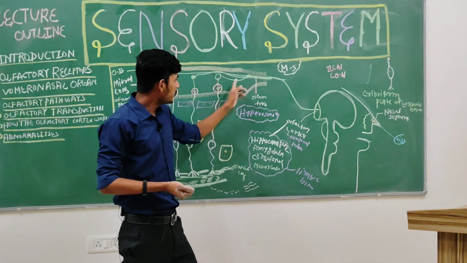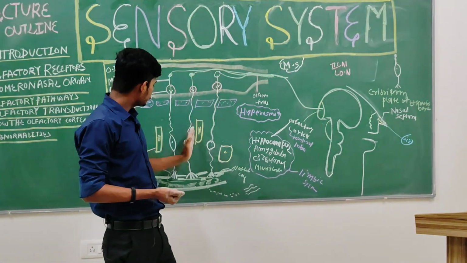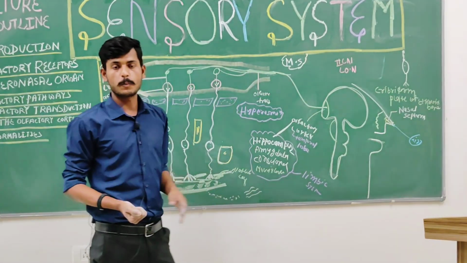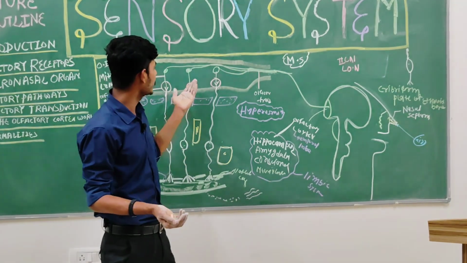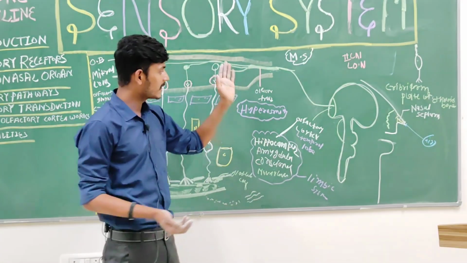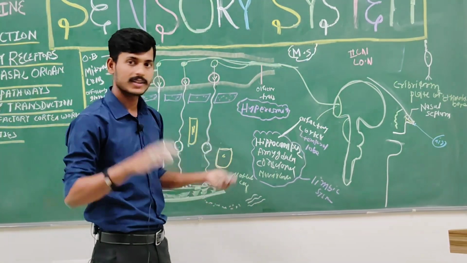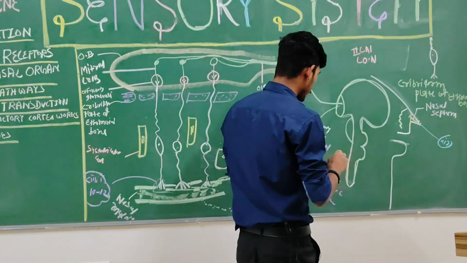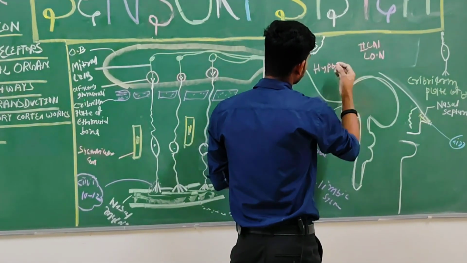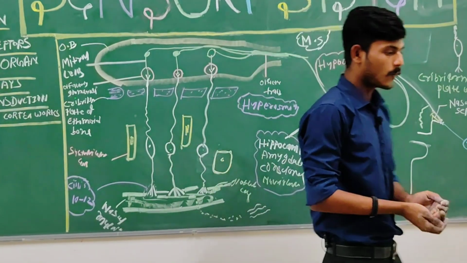In multiple sclerosis, there is demyelination of the nerves. If there is demyelination, it means the action potentials which are generated are not going at a proper speed. In simple terms, they are not going in the appropriate or intensified way. So that leads to a hyposmic condition. Write down, hyposmic condition, hyposmia. This is one example.